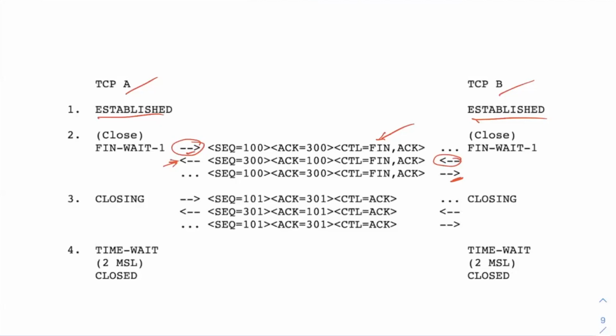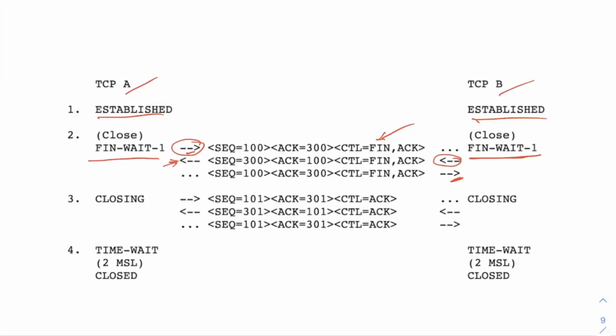So both the client and server have received the FIN packets that they have sent to each other. And you can note a difference here: the state of the client goes into FIN wait 1, and also the state of the server goes into FIN wait 1. There is no state like FIN wait 2 here. Both will go into FIN wait 1 at the same time. After this, what will happen?